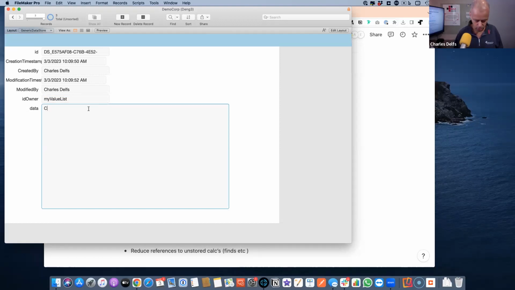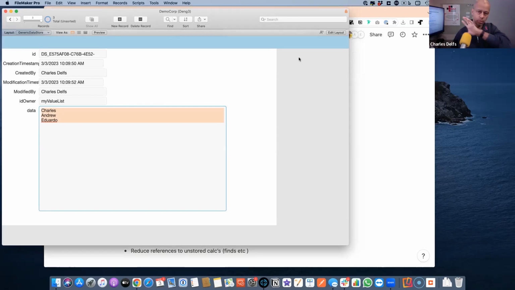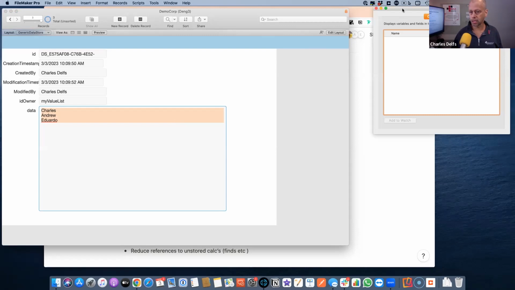It can contain names like Charles, Andrew, Eduardo, and so on, or it can contain JSON, it can contain HTML. It doesn't really matter what the contents are. The idea is that we generate the contents in one part of our script and we dump that data in here. And then when we want to access that data,